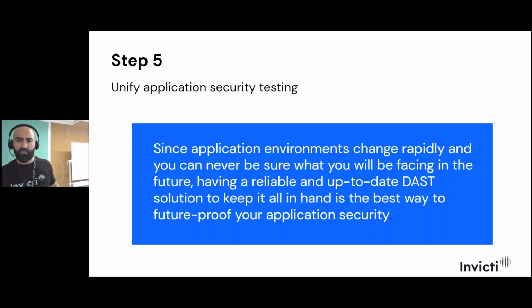Instead, one solution that will foster the four pillars: coverage, accuracy, automation, and continuous scanning, or continuity. A tool that is always up to date, a tool that you know